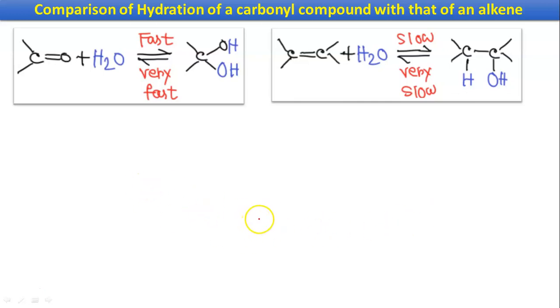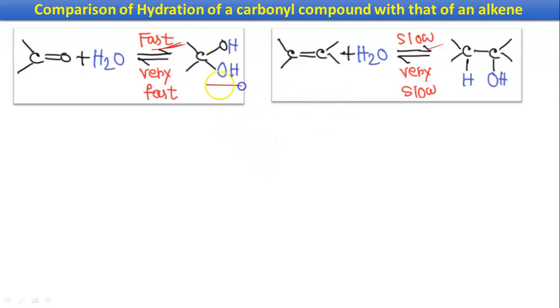So in the first case, our starting material is carbonyl, which is polar in nature, and in case of alkene, C=C is not polar because both the atoms are the same atom. There is no electronegativity difference, so it is non-polar. And C=O bond is more stable compared to C=C. Fine. So the attacking tendency of water to carbonyl carbon will be fast. That is the forward reaction. If you compare between alkene and carbonyl, it will be fast in case of carbonyl.